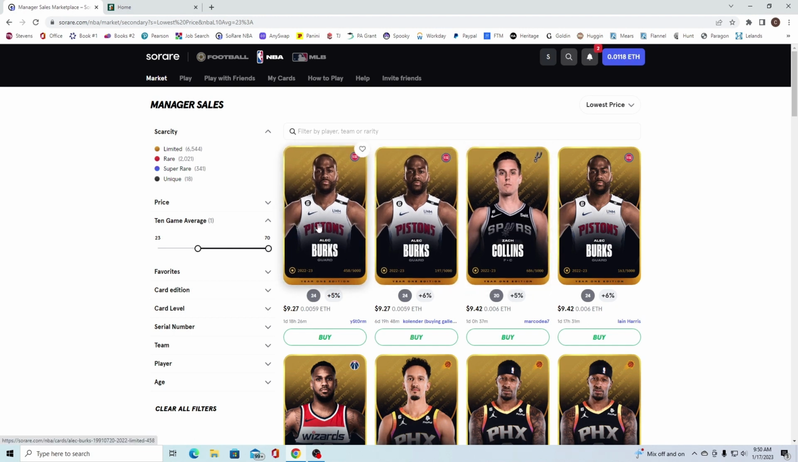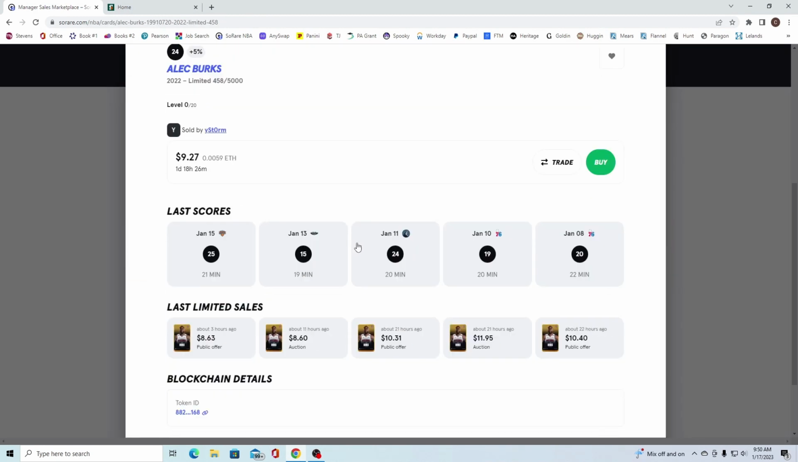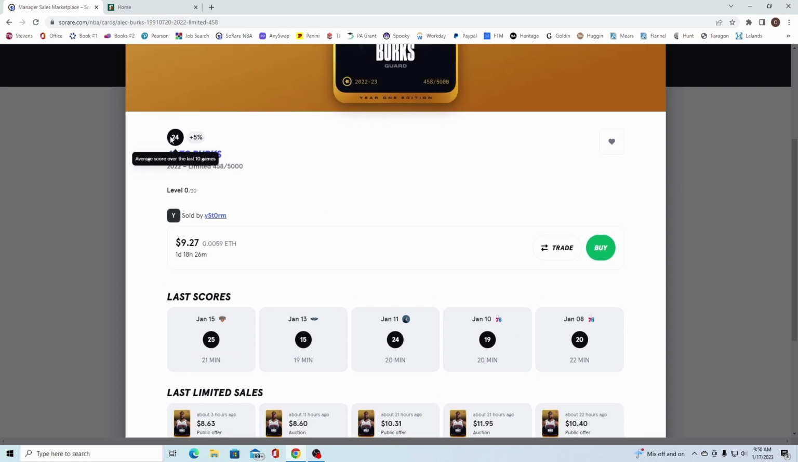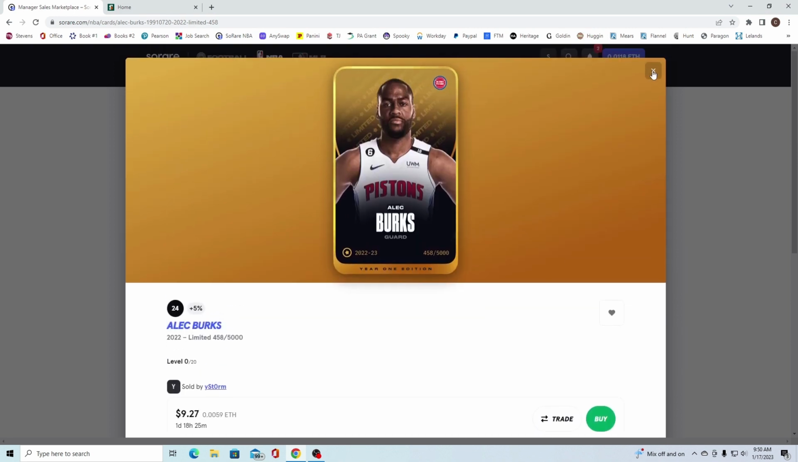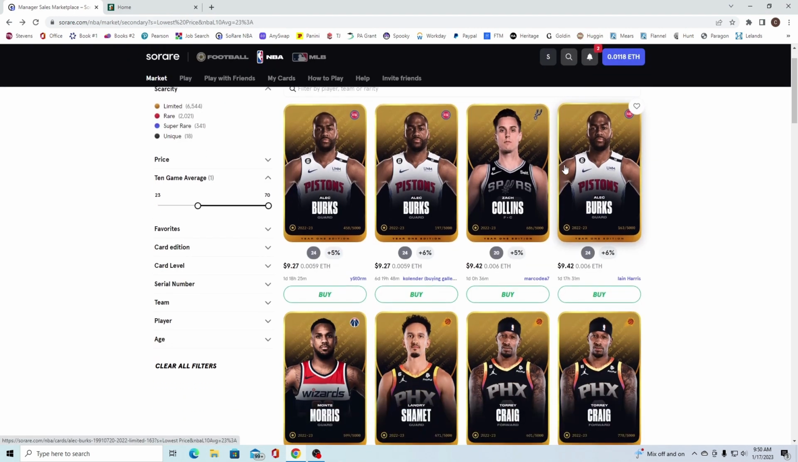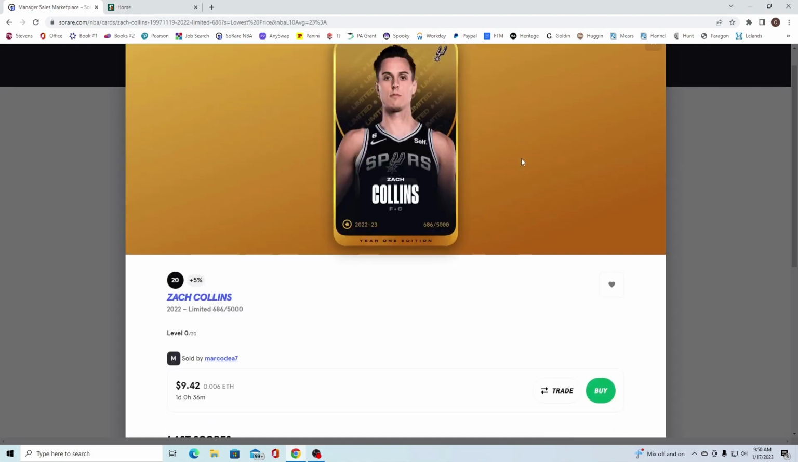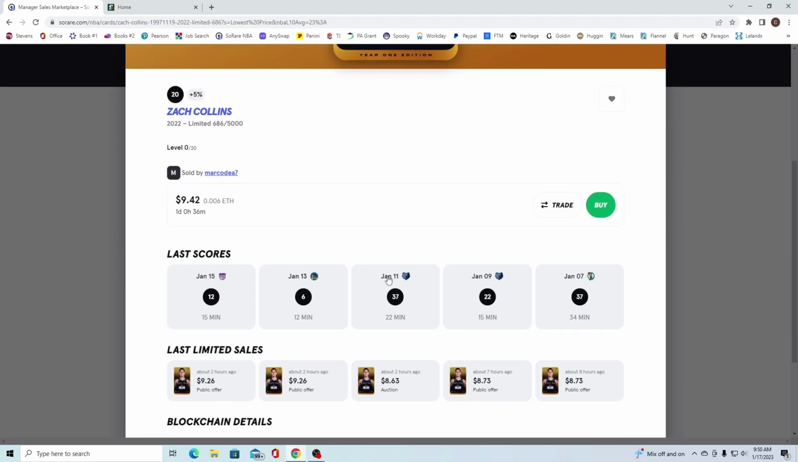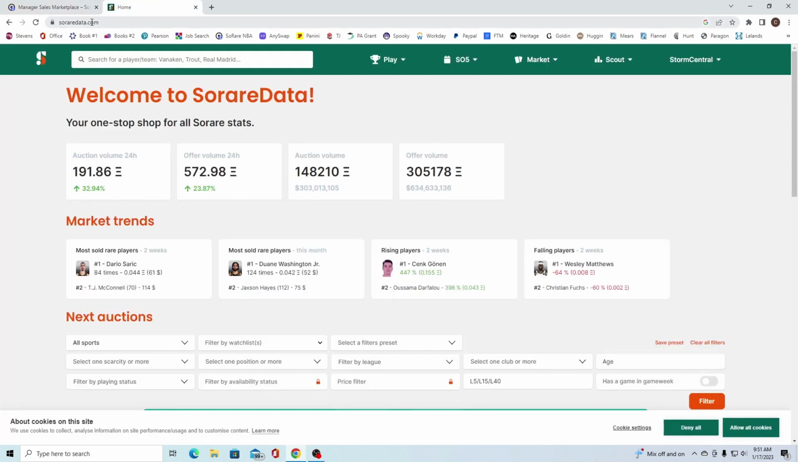So Alec Burks, we can go look at him. Alec Burks does not really put up 23 a lot. His 24 is actually probably over what it should be, even though he used to be a 29. So he might not be the best play. But then we look at Zach Collins. Zach Collins had a couple of bad last games, not to say he isn't good, but he could be an option. So what I then like to do is go over to an app called SoRareData.com,